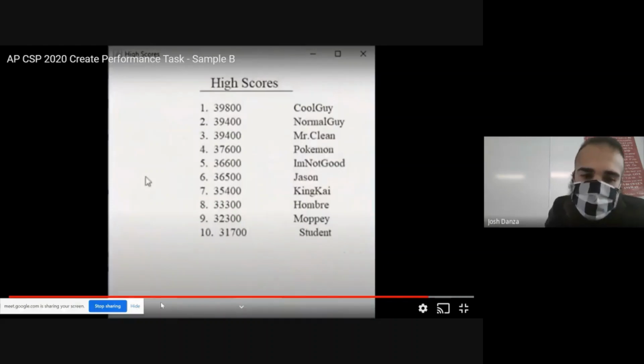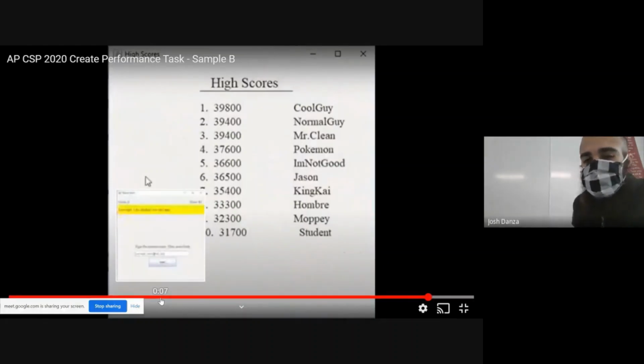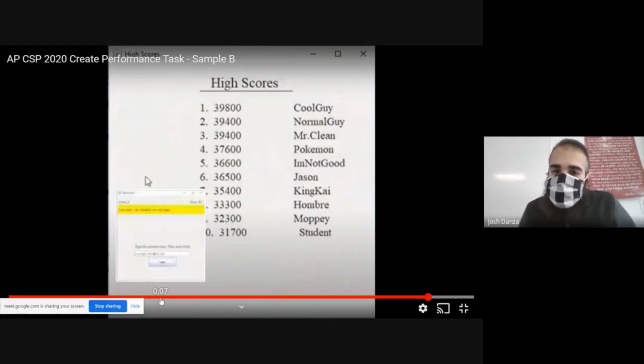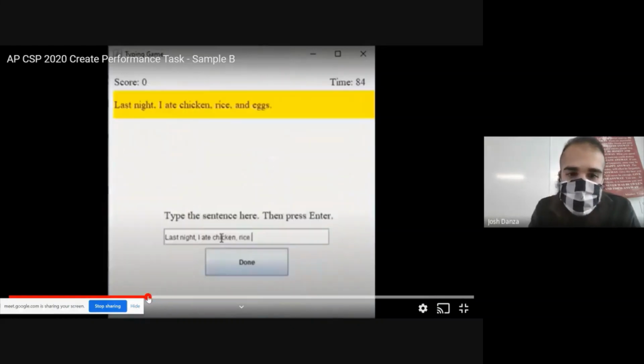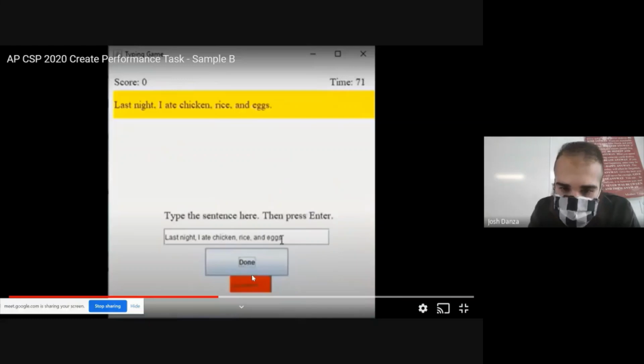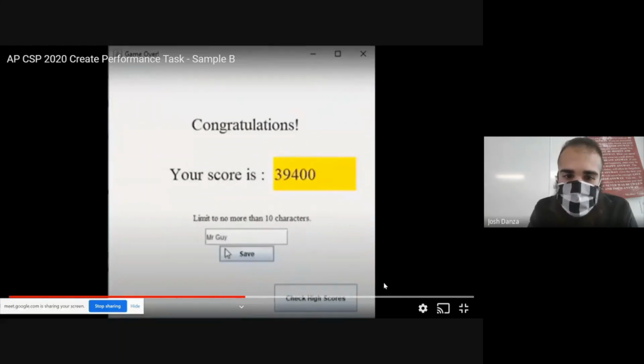And what it did was, that seemed like a very simple program. Like, why would someone make that program? That's exactly it. It's not expected to be super complicated. It literally just had someone type something. It checked to see if the text was the same. If it was wrong, notice like he typed it without a period, and he clicked done, and this red button popped up, and I can't read it, but I'm pretty sure it said like, hey, that's incorrect. He fixed it, put a period at the end,